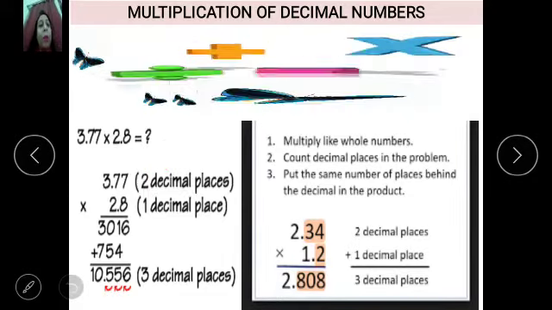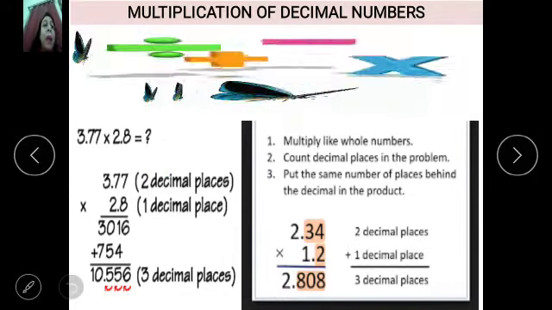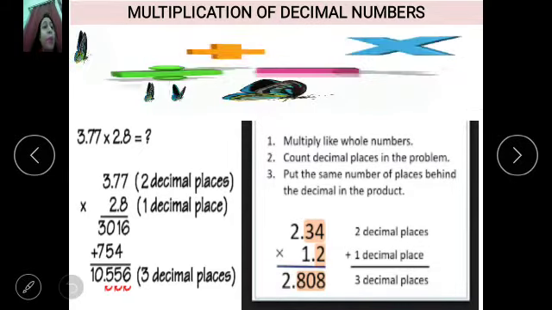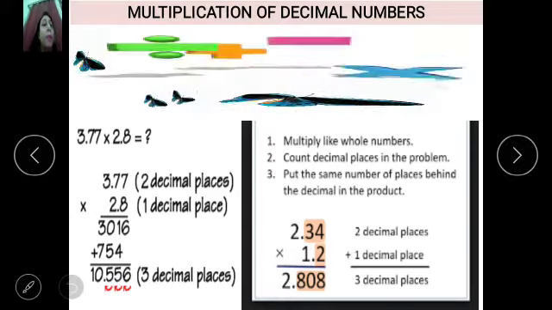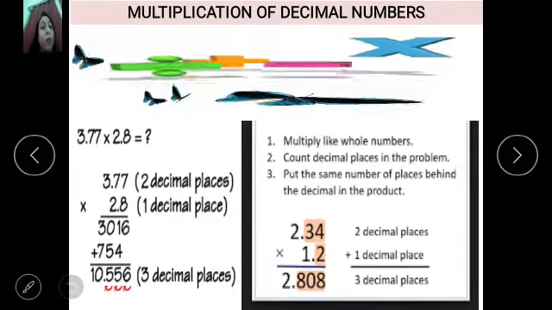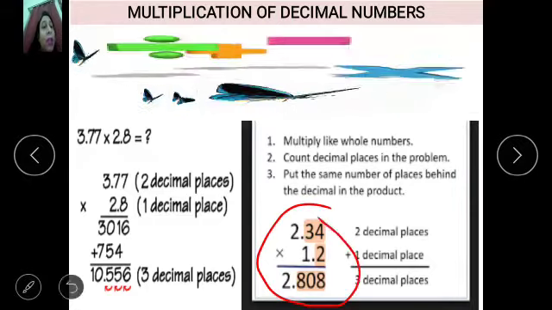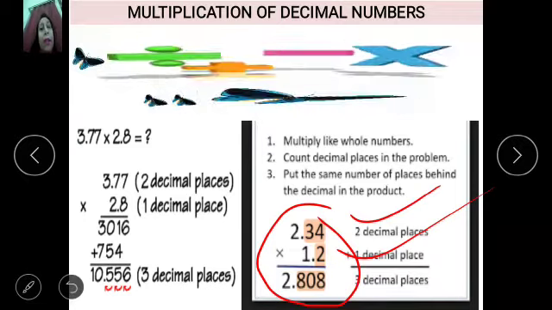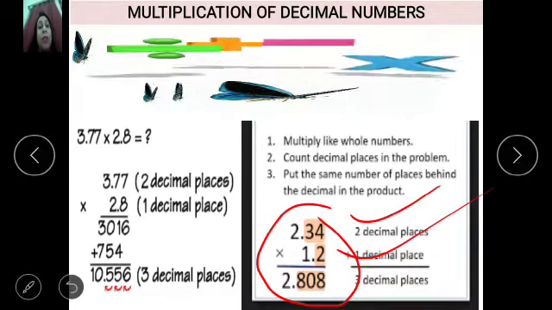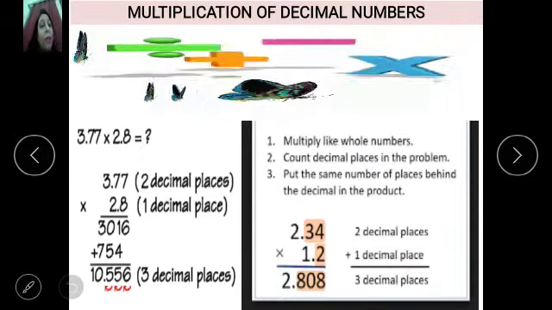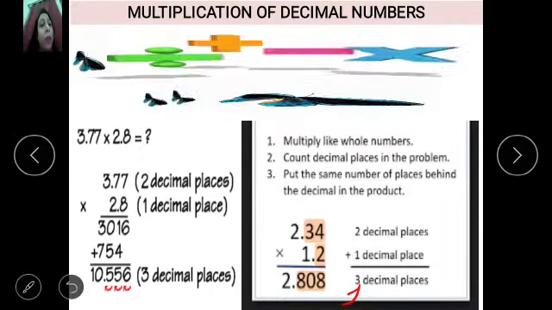Now come to one more example. Multiply like whole numbers, count decimal places in the problem, and put the same number of places behind the decimal in the product. So these are the steps. One more example I have taken. You just see here, two decimal places are there, one decimal place is there. So three decimal places are there. So you just put the decimal point. You just leave 3 digits from the right and put the